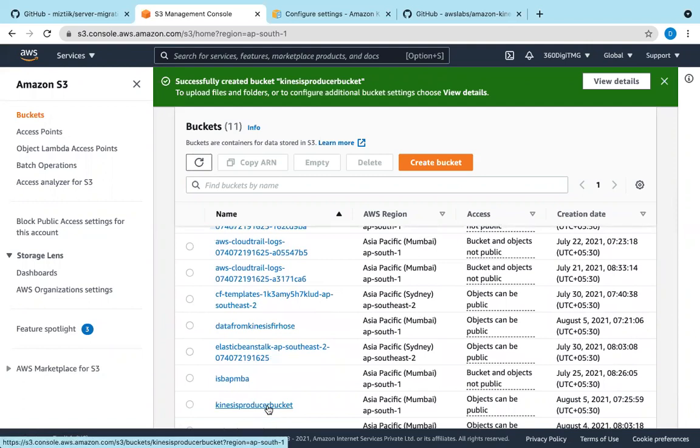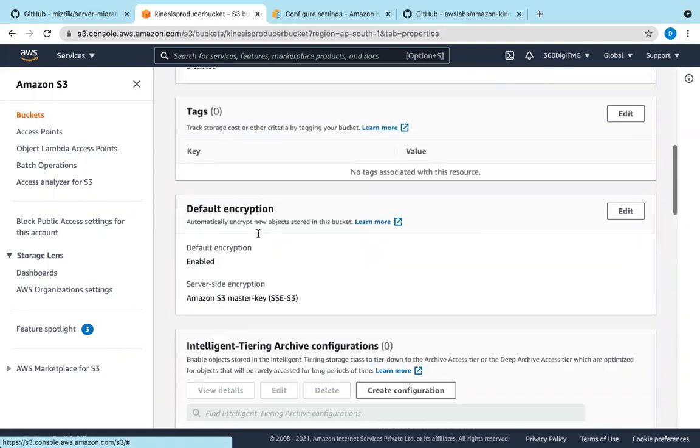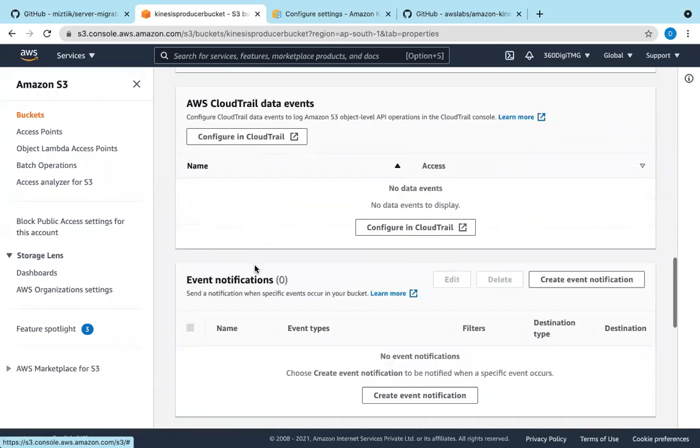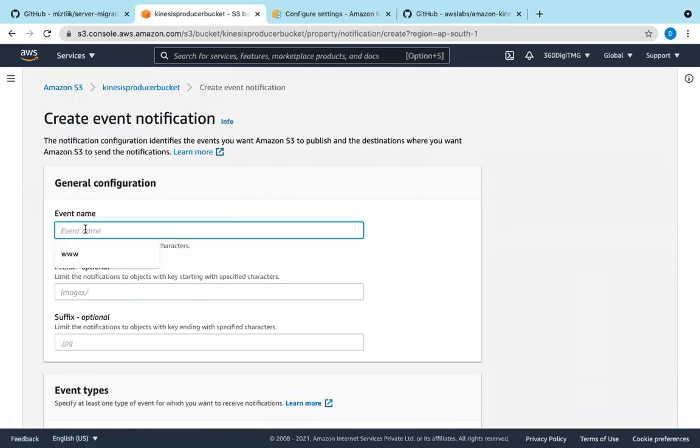Here, to the data producer bucket, we will attach a Lambda function. How can we attach the Lambda function? Go to event notifications. Yesterday also we did the same thing. Event name. Prefix. We are not using any prefix. This time we will use the suffix .txt files.